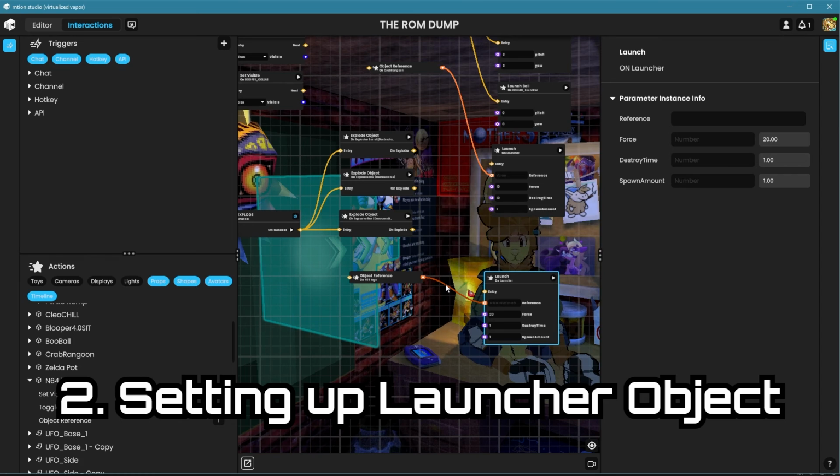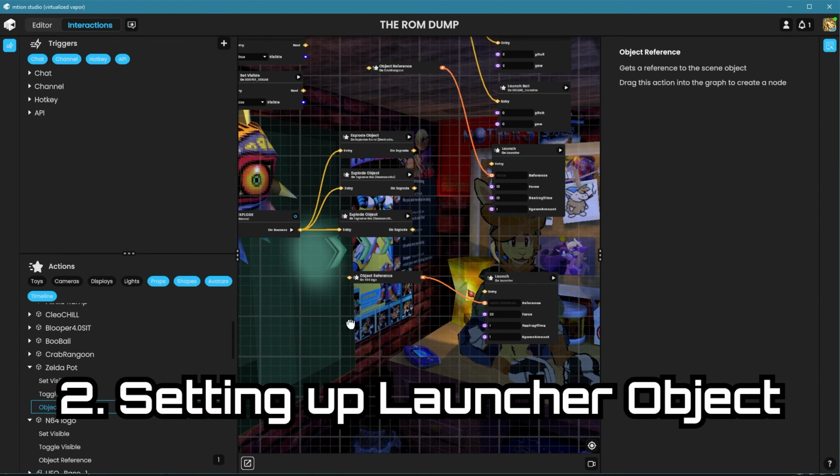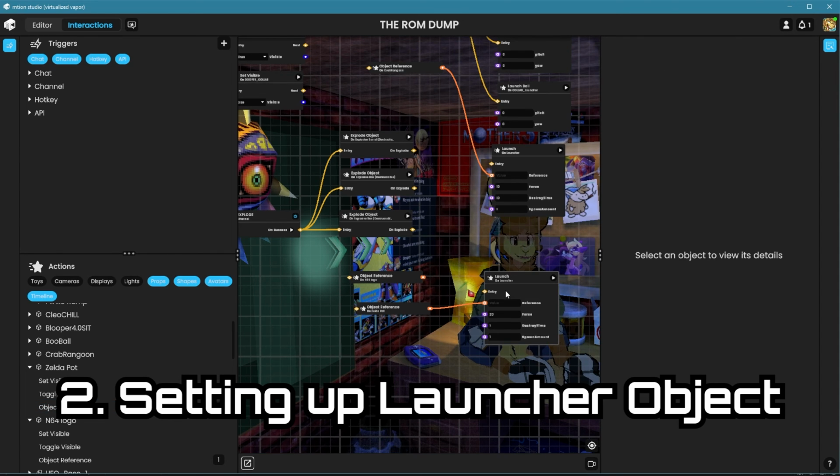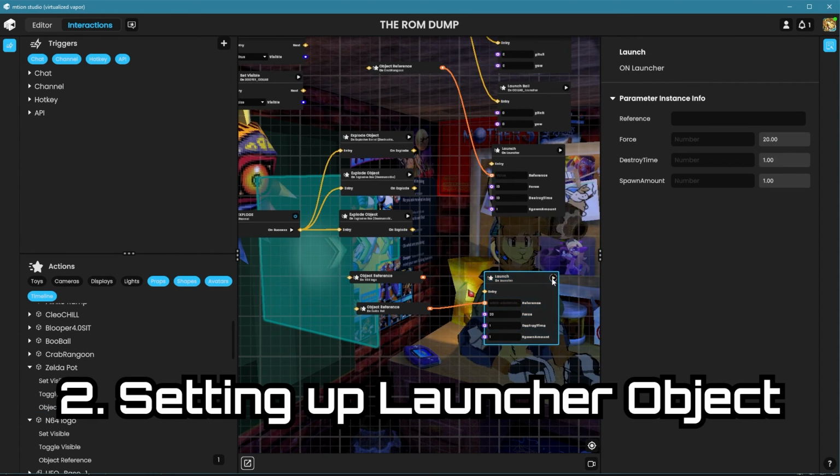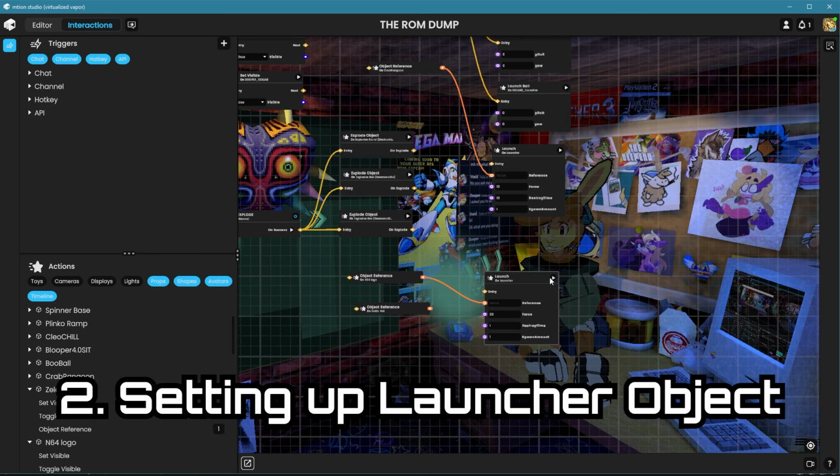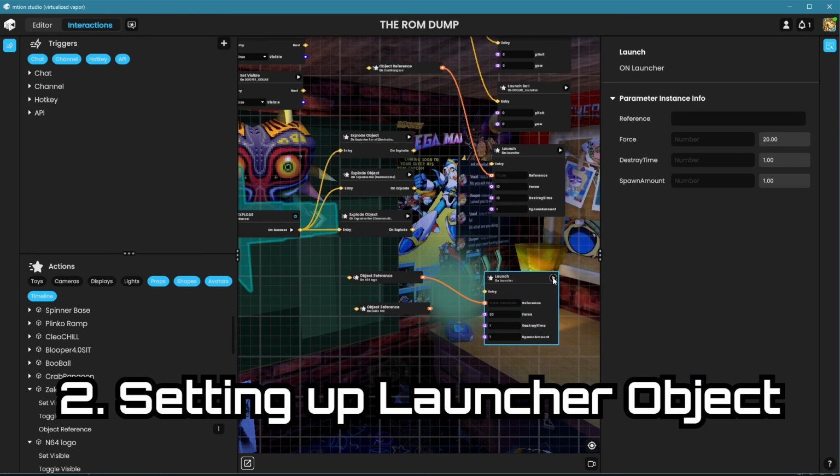If you want to change it to something else, you'll need to just have another object in the space too. So I have a Zelda pot in here, and I added that. I added the pot break sound from Zelda to it. You can go ahead and just change that to whatever you want. If you want a different object to be flying at you for different things, just set up another launcher and then just go. There you go. Yeah, so you can go ahead and change it to whatever object that you want it to be,